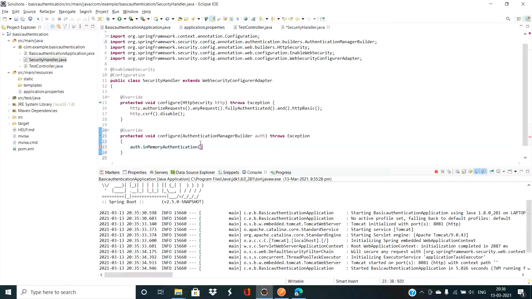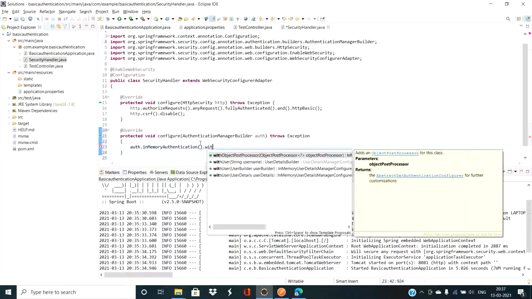If you're manually passing an ID and password for the basic authentication, that will be used. If you do not have LDAP or database level authentication and you're passing only hard-coded ID and password values, we can leverage this inMemoryAuthentication method.